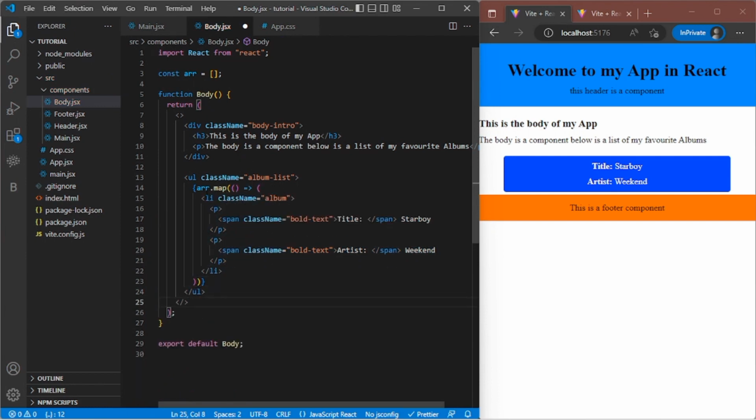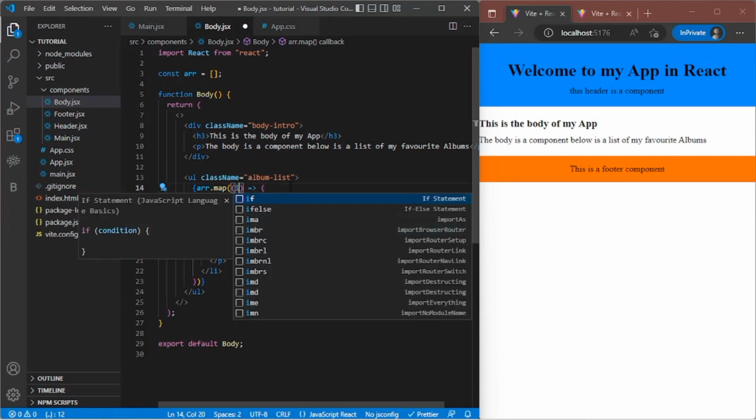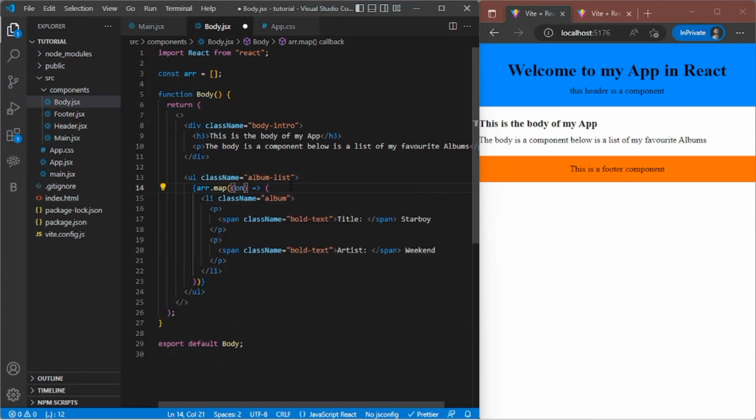We're saying our array, map it. The map function takes a function that does something with what it returns. Remember that map returns one element in the array, and that element we need to catch in a function. So we're going to include I here. To be more descriptive,